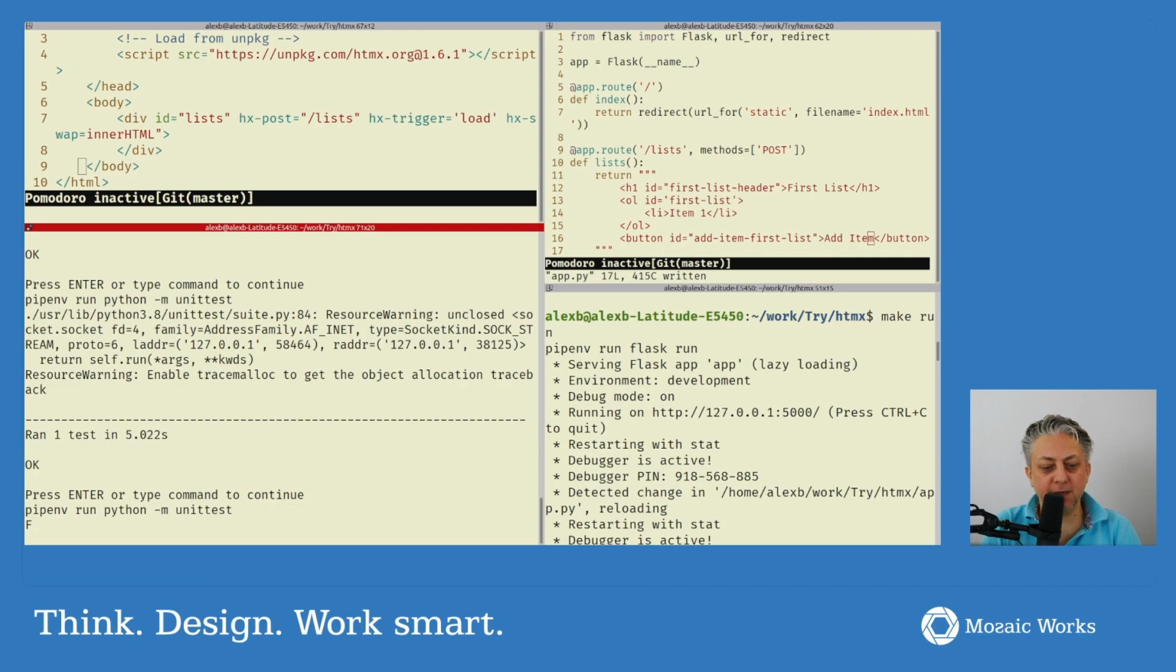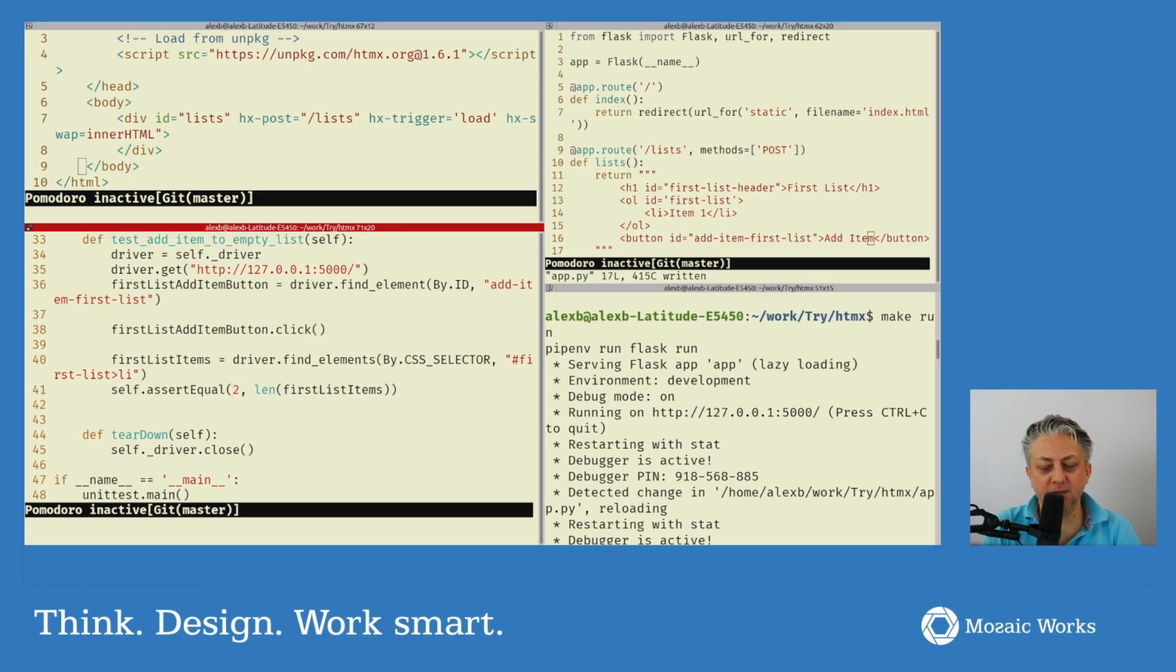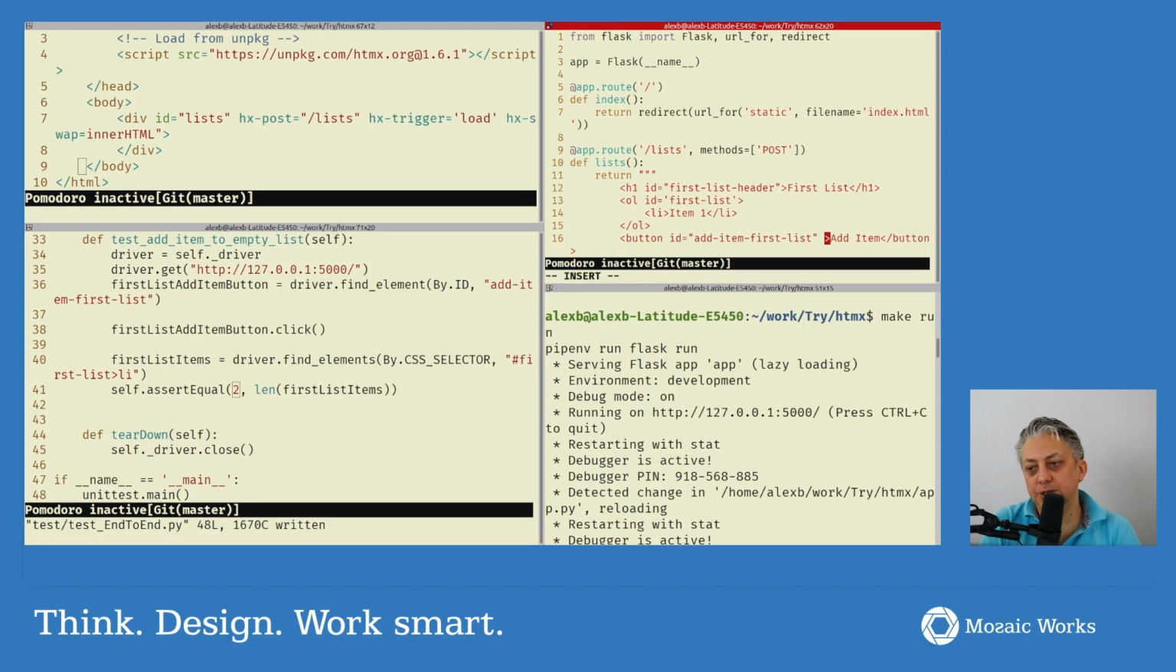One test should fail, the other should pass. Test add item to empty list, 2 different than 1. Right, because clicking doesn't do a thing. So now what we need to do is to do hx post equals slash list